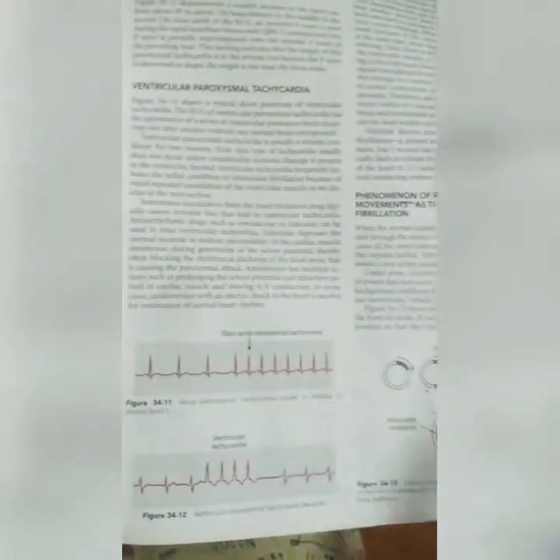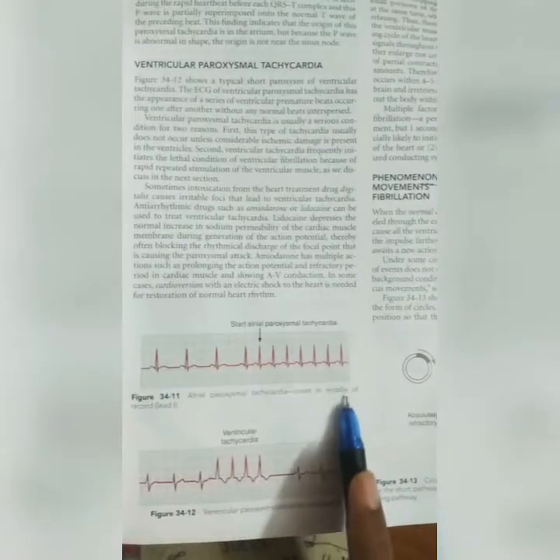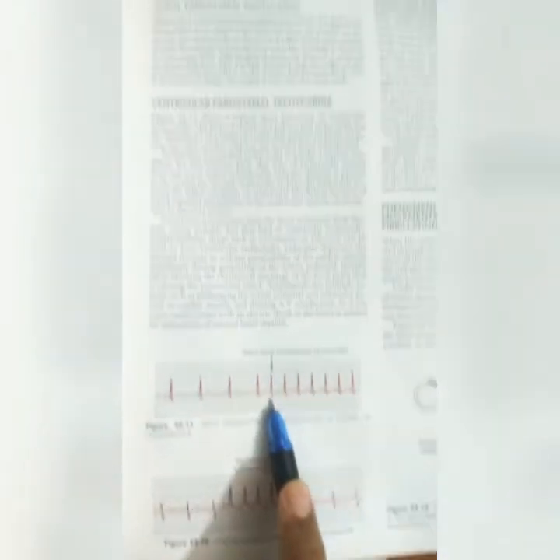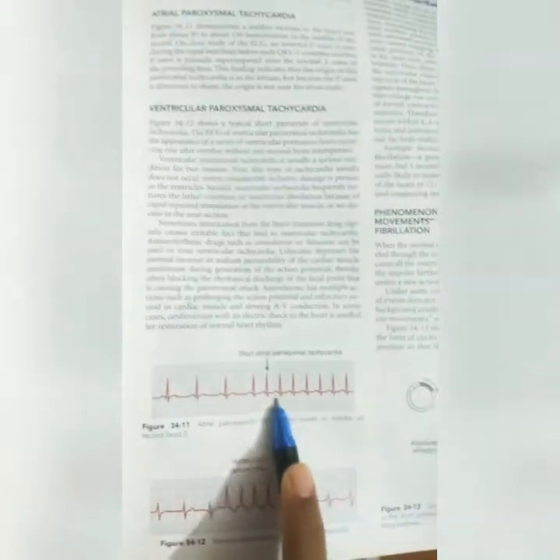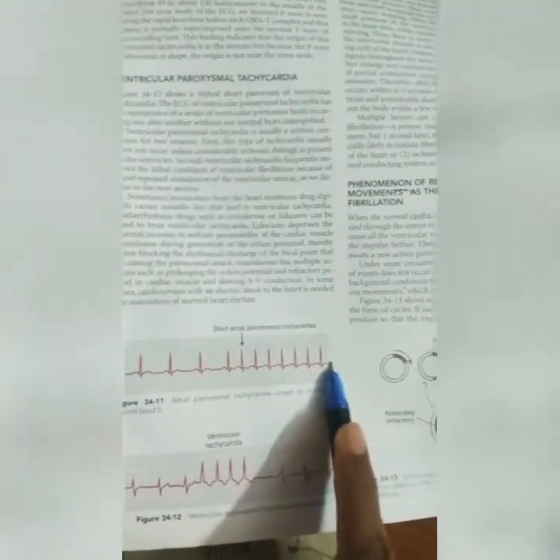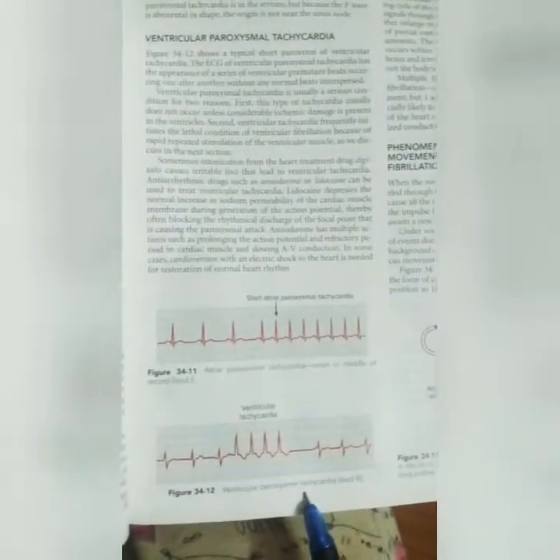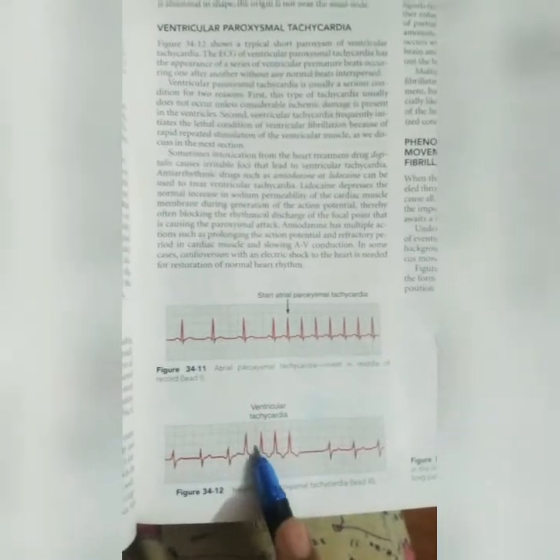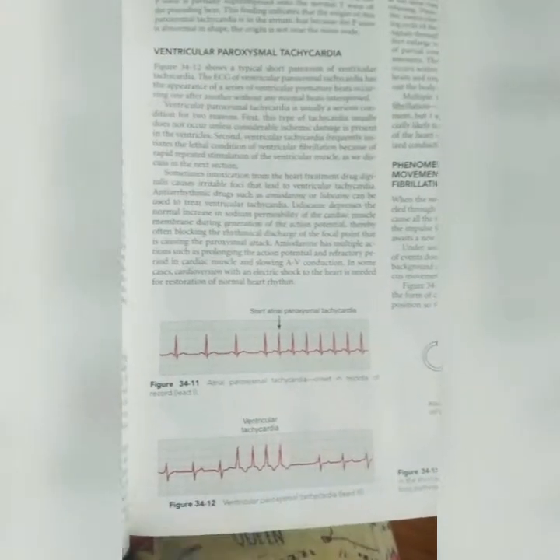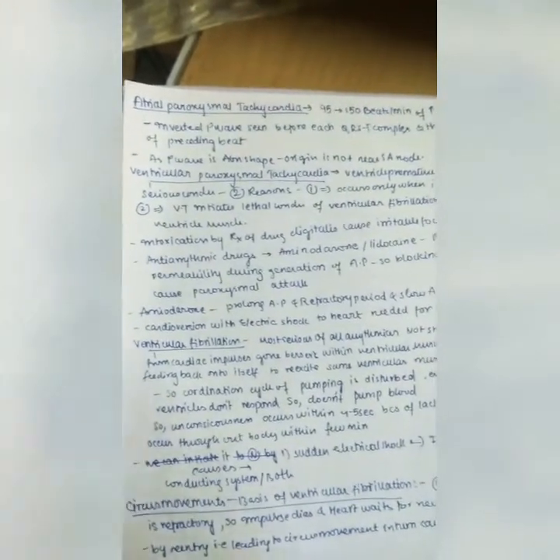Here is paroxysmal tachycardia. You can see atrial paroxysmal tachycardia onset in the middle. You can see how, because some refractory period is lost, there is continuous beating. This is in the atria. In the case of the ventricle, you can see they form some pillar-like pattern. Here you can see ventricular paroxysmal tachycardia. Now let us move on to atrial paroxysmal tachycardia.